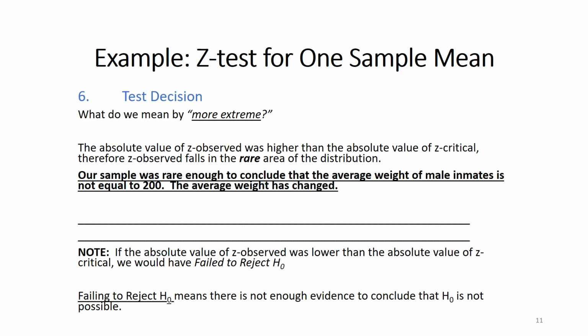And then you'll notice below the double lines on this slide, I say if the opposite had happened, what would we have concluded? So if the absolute value of Z observed had happened to be lower than the absolute value of Z critical, we would have failed to reject the null hypothesis. What does that mean? Well, failing to reject the null hypothesis means there is not enough evidence to conclude that H0 is not possible. So it sounds sort of backwards language, but